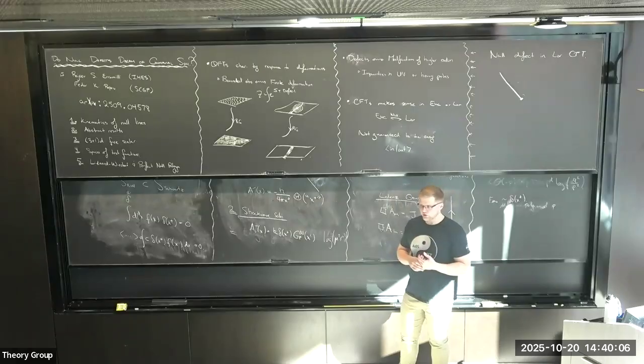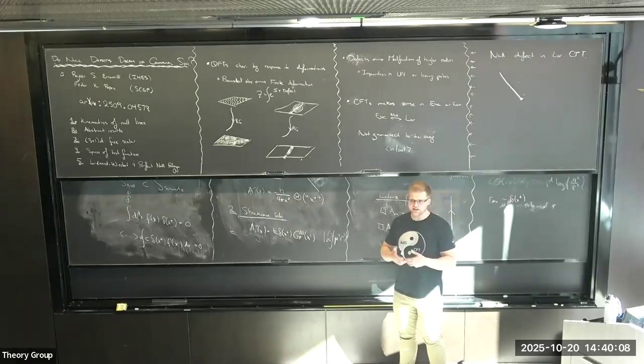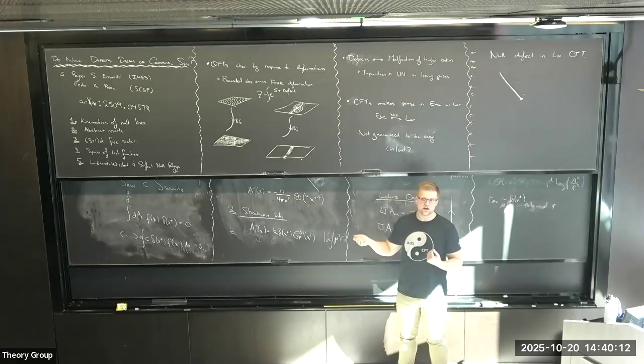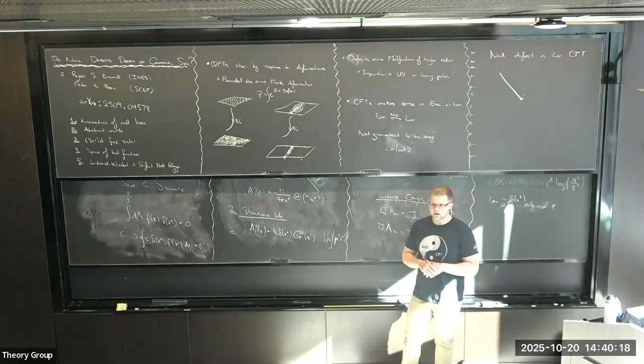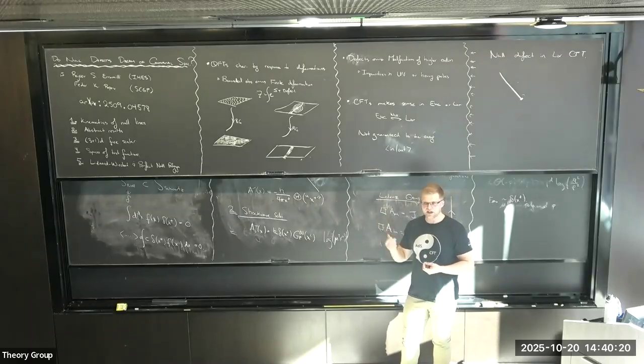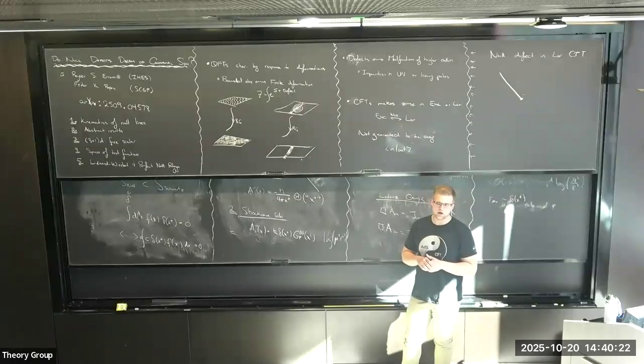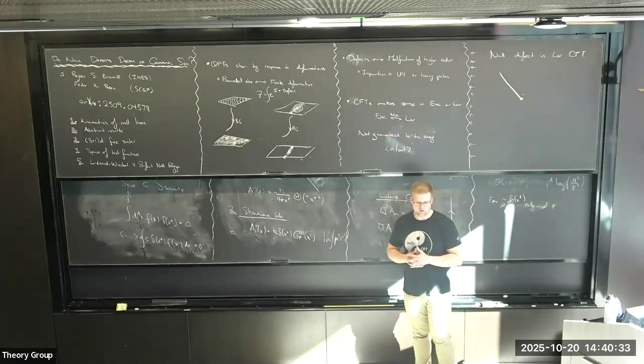In principle, you would think the ANEC operator is super physical, right? It's something that exists in principle in every quantum field theory. It's the stress tensor integrated along a null line. It's important for proving monotonicity theorems. It measures energy. It's an idealized calorimeter. But can you actually exponentiate it and produce a finite observable? I don't know. That would be the universal observable that every quantum field theory has, the ideal calorimeter, right? Showing that would be very interesting.